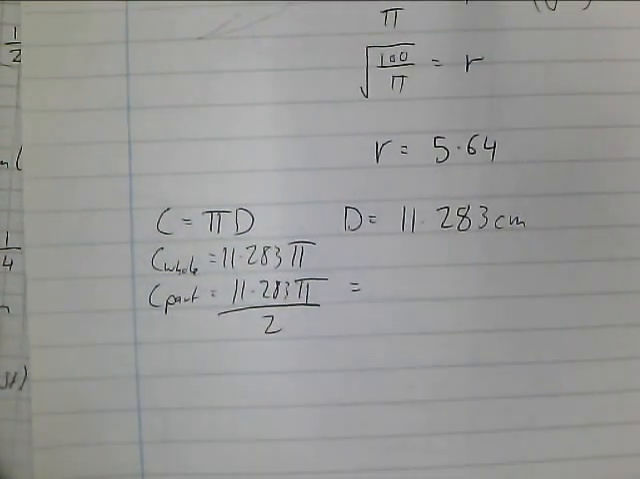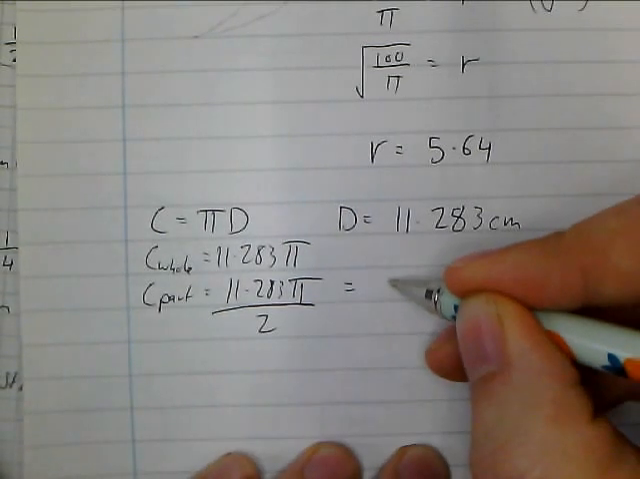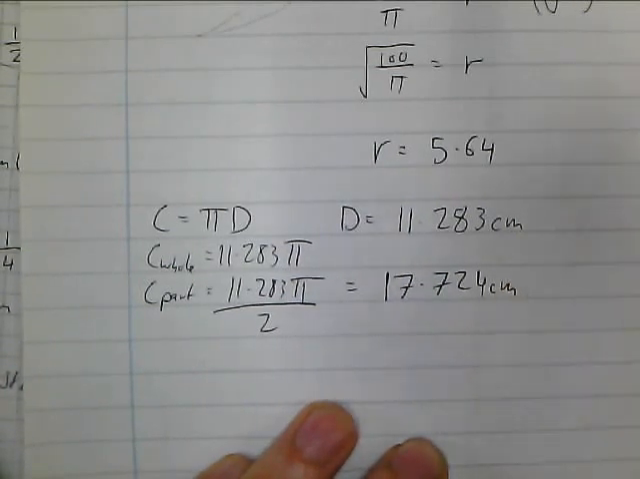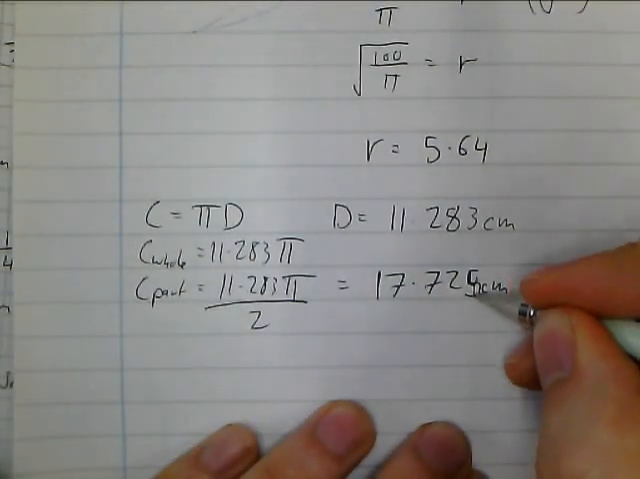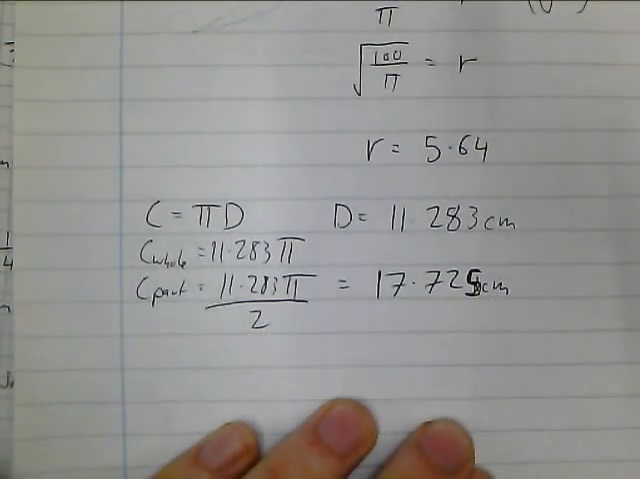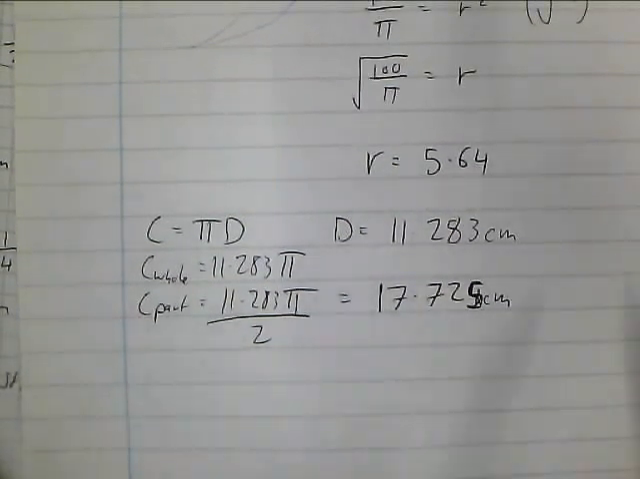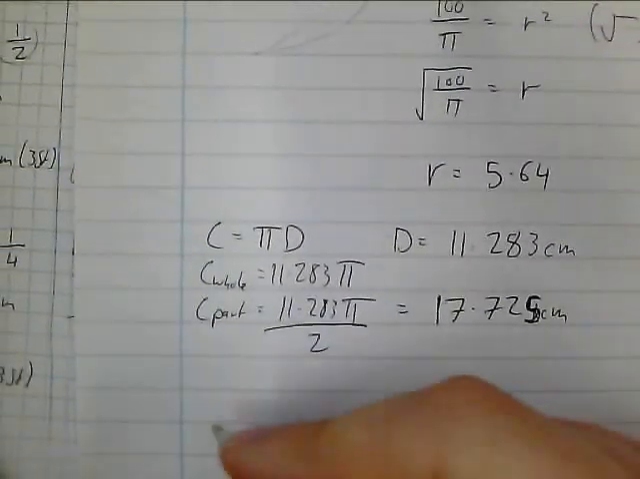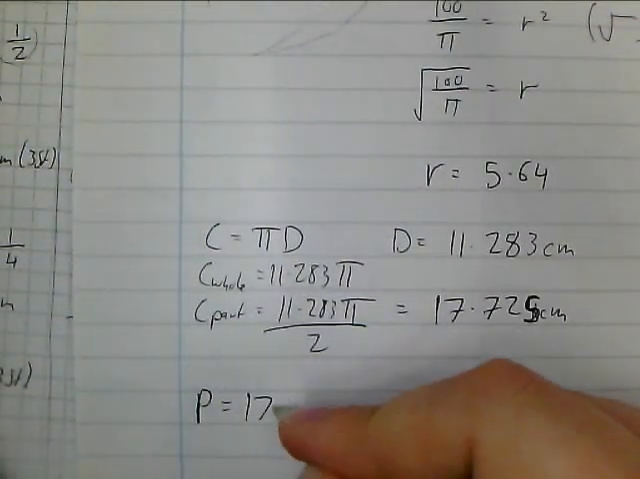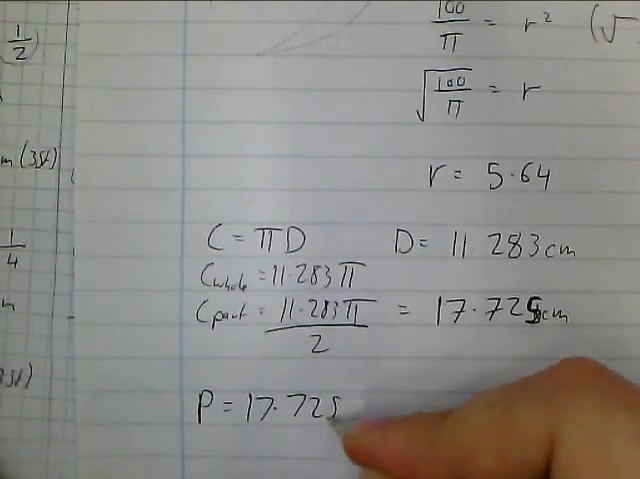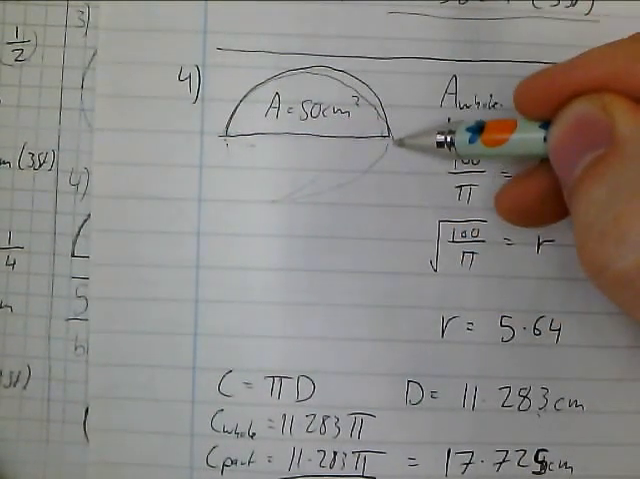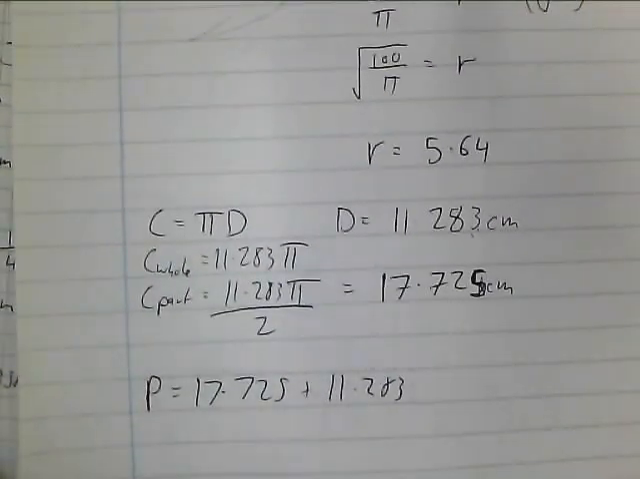I'll work out the circumference now, so multiply by pi and divide that by 2. So the circumference of the part circle is 17.724 centimeters. That should be 5, sorry, because my next number makes it round up. Now to find the perimeter, I have this bit, and now just add on the diameter. So the perimeter is 17.725 add 11.283, which is the diameter, so I get the full perimeter, this bit and that bit, and that gets us